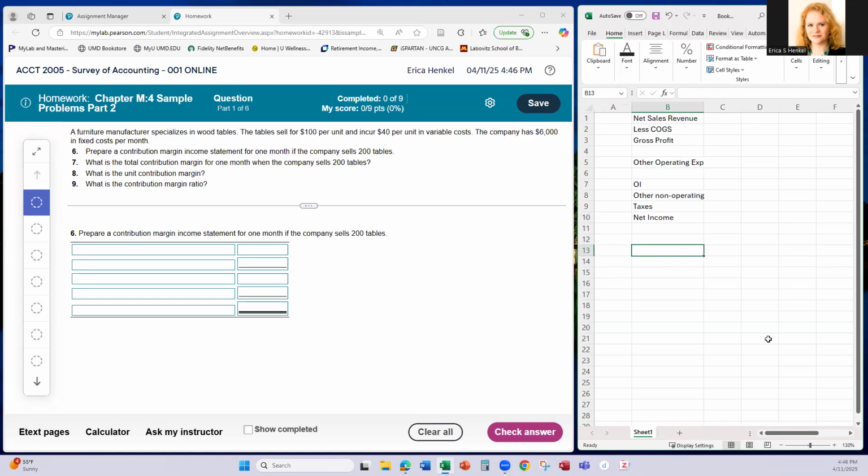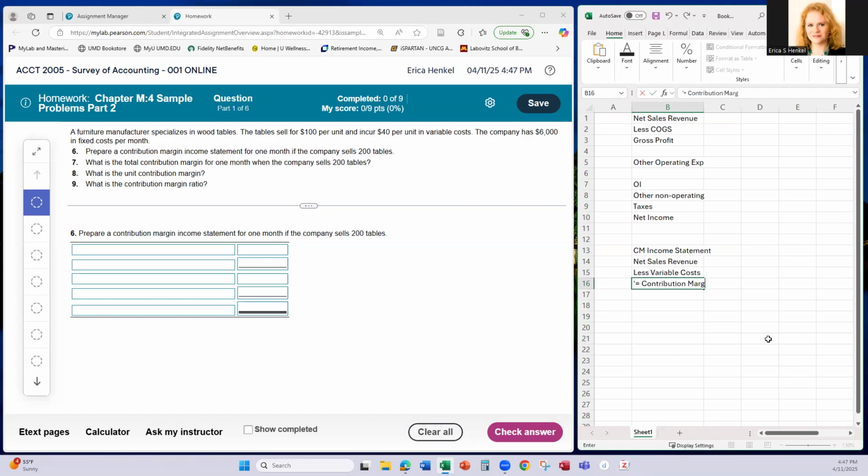Now, because we're doing this on a managerial side, we want to analyze this based on which of our costs are fixed costs and which are variable costs, right? So we learned about those types of costs earlier in the chapter. Now we're going to put this into a reporting perspective here. So the contribution margin income statement starts off with net sales revenue also, but then it's going to subtract all of our variable costs to arrive at